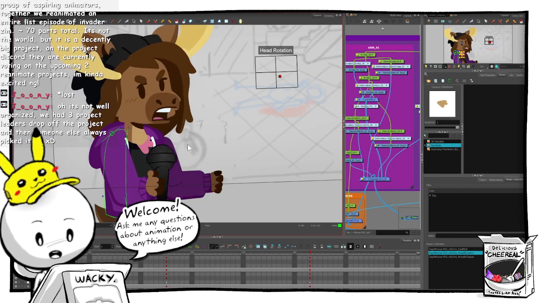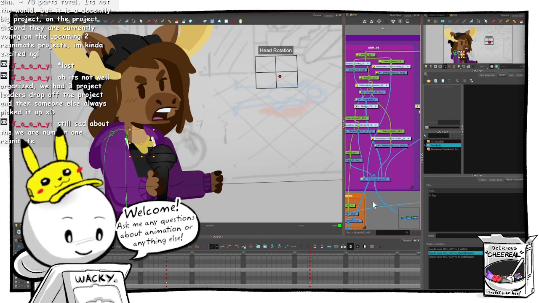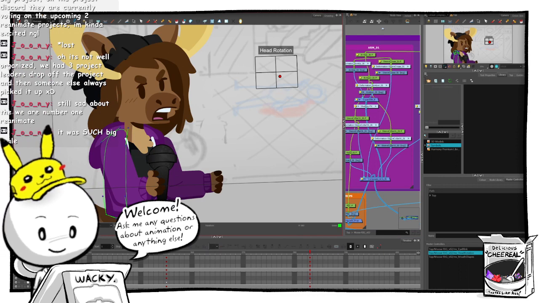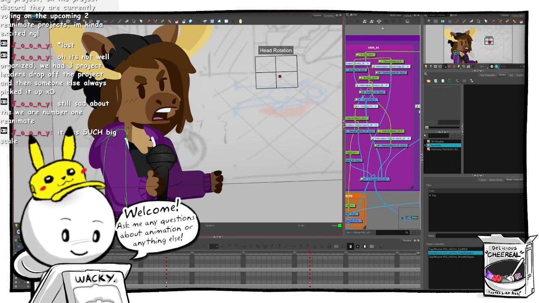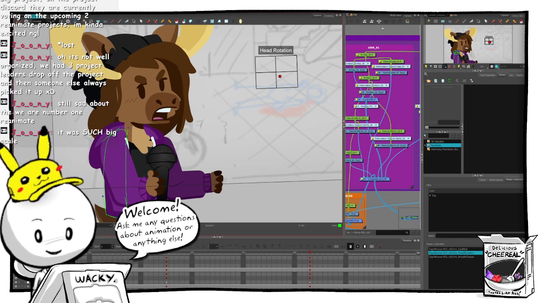Like, I was so excited for that We Are Number One reanimated until they said they're animating the whole episode. The whole 20-minute episode. Then I was like, you guys, it's not gonna get done, and sure enough, it never did. Exactly. It should have just been the song. The song was the popular part. I don't know what they were thinking.